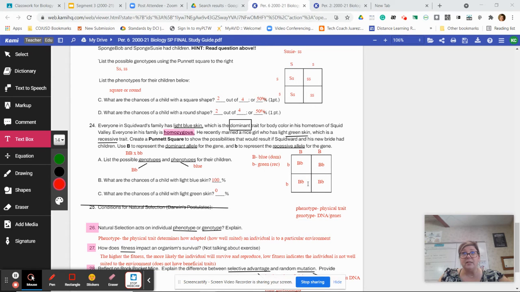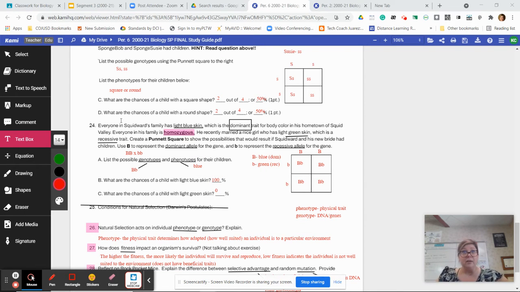We cross these, and the genotypes of those two parents are going to have a heterozygous genotype for every occurrence of reproduction. So we end up with capital B, lowercase b. That's the genotype of the children. And phenotype we know is what is expressed. So capital B, lowercase b, a heterozygous genotype, is going to mean that all of their children are blue because